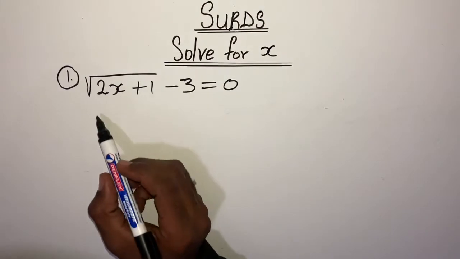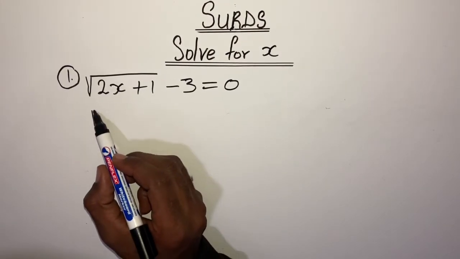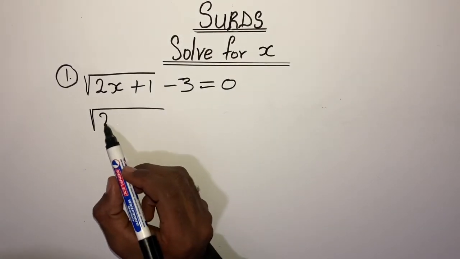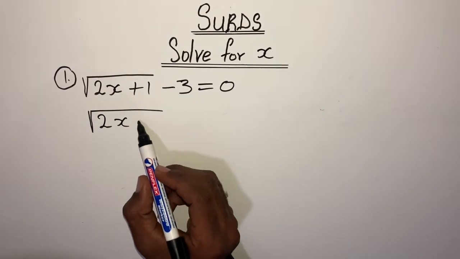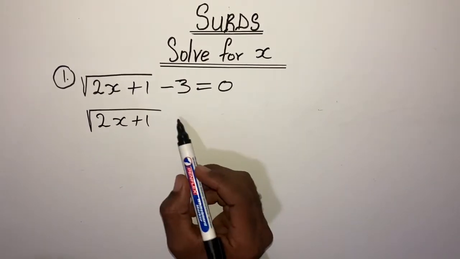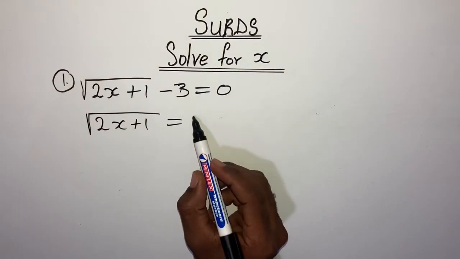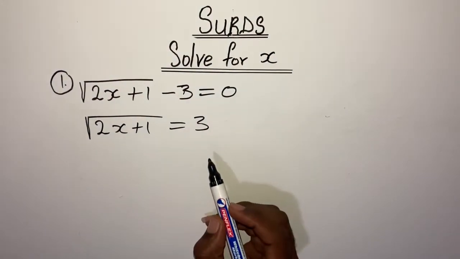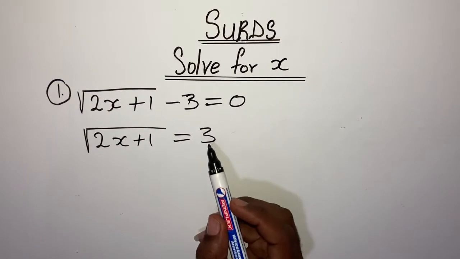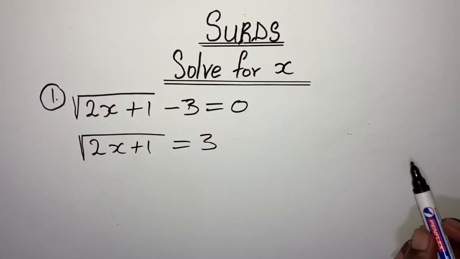Then we will have to take the constant to the other side, then the sign will change to be a positive 3. Then from here we go on to apply